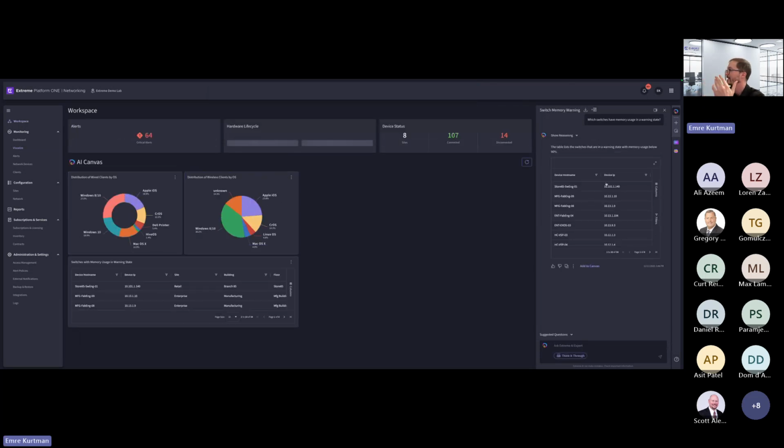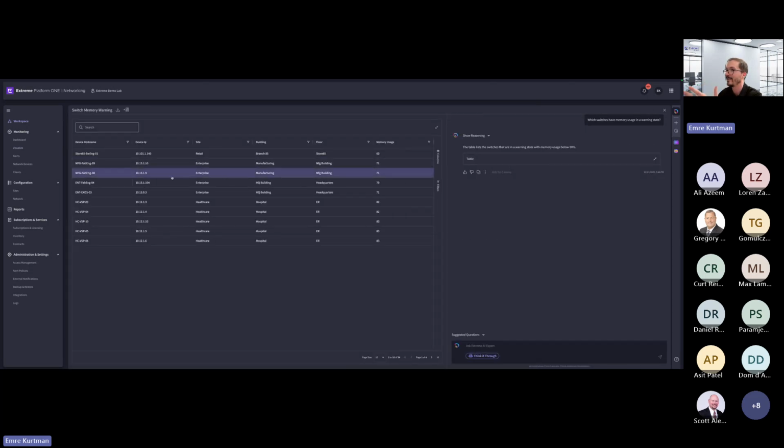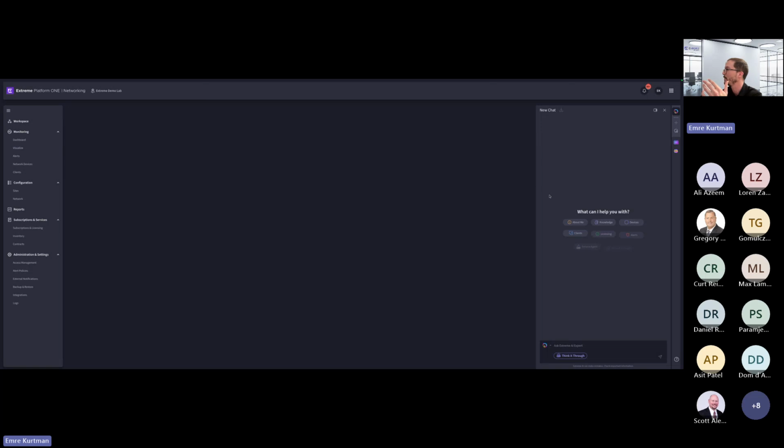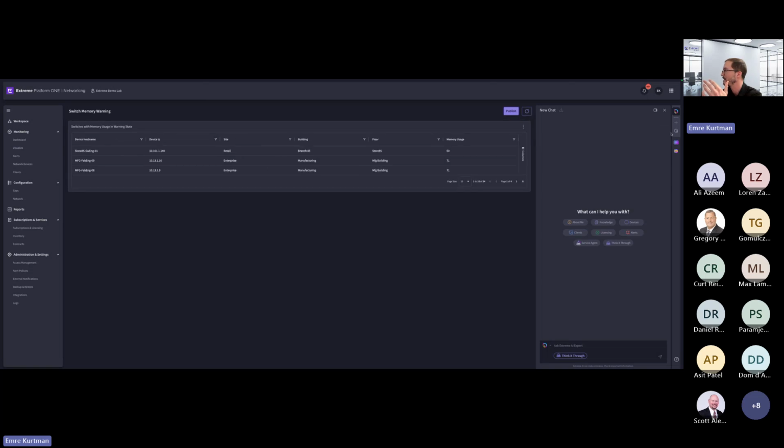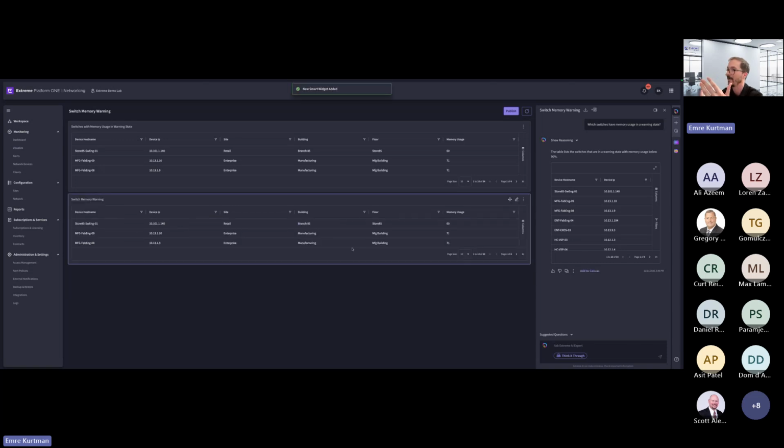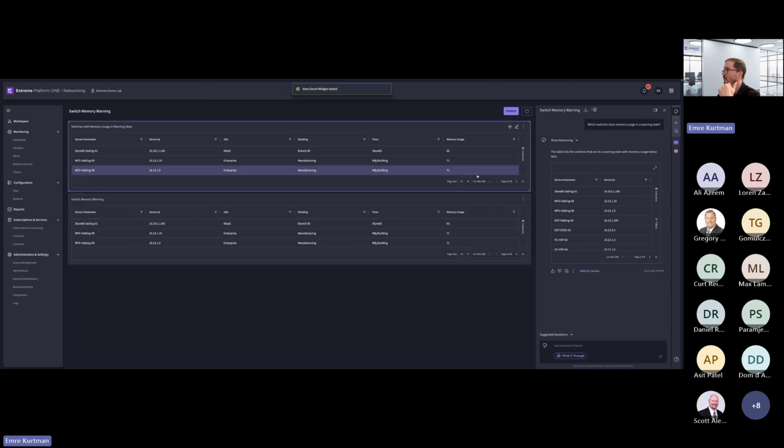Okay, so it gave me a table. You can expand it. You can see all the details about the host name, IP, location, and so forth, and the memory utilization. And if you want this added to your canvas, all you need to do is click add to canvas, and then it will be added like this. So this is yet another way to talk to your data in this case.